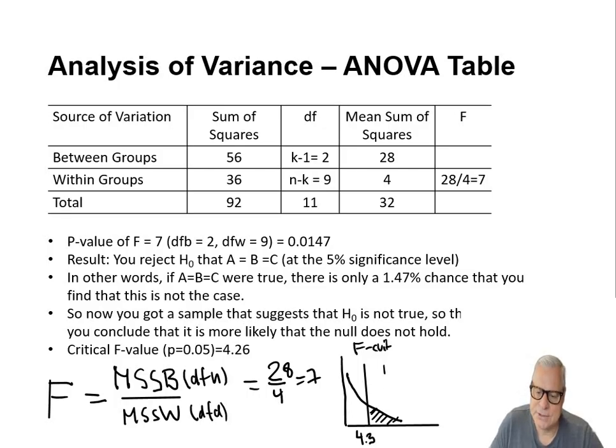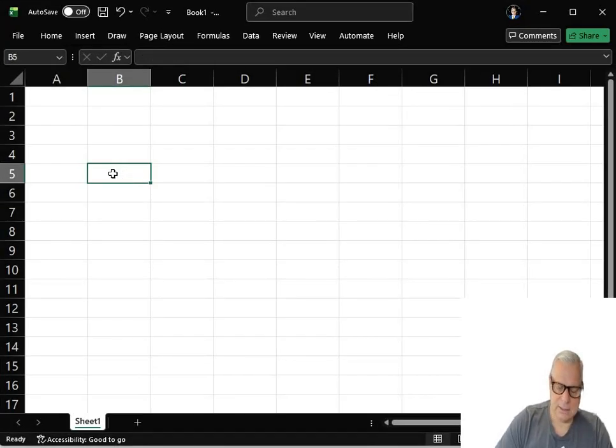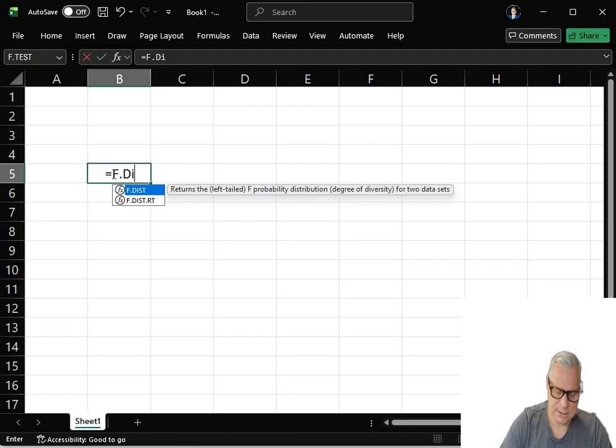But we see that our F test statistic is actually a 7, so it clearly falls into the rejection zone. But we could make a type 1 error because there's a little bit of probability mass left to the right of an F statistic of 7, and that would be the probability that we made a type 1 error. So in this case, we can calculate the probability using the formula F.DIST, right-tailed,